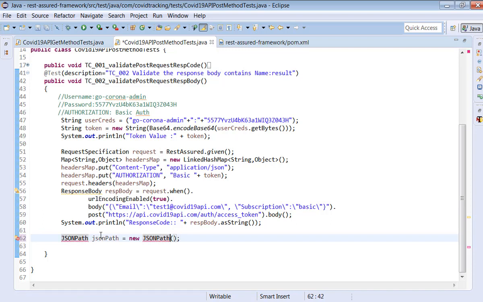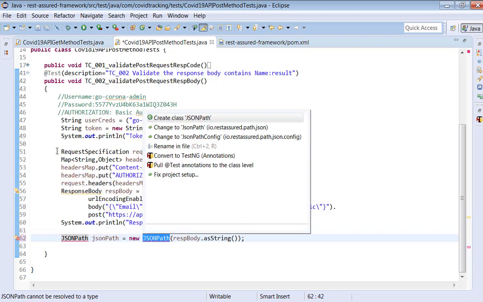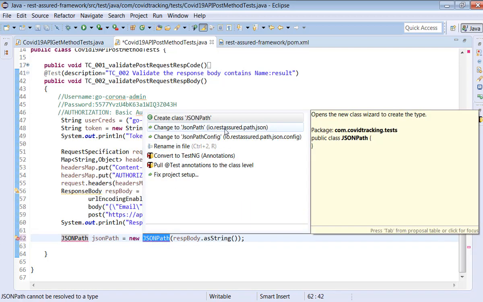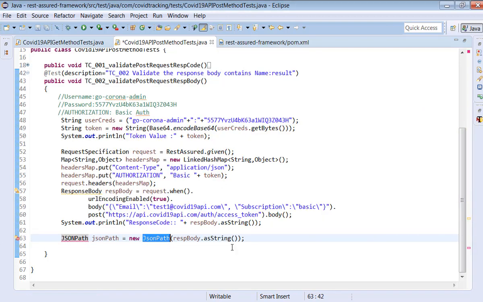In the case of JsonPath, mainly we are interested to convert the response body into a string. Then we can get the value. Copy this now, put it here and import JsonPath. For JsonPath, we have to add io.restassured.path.json.JsonPath.